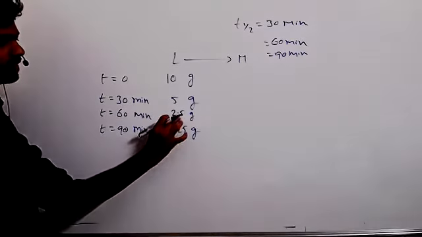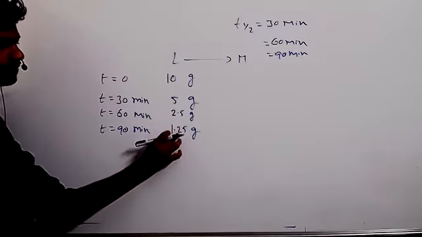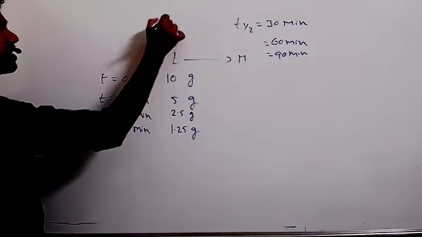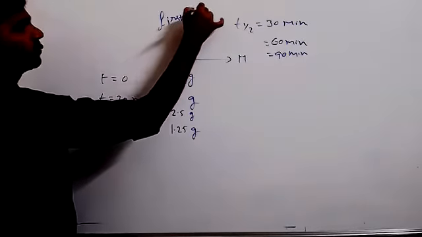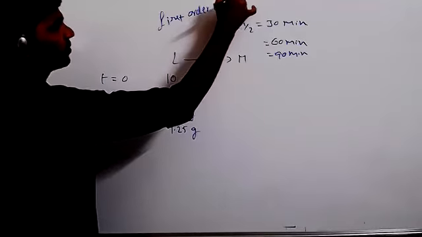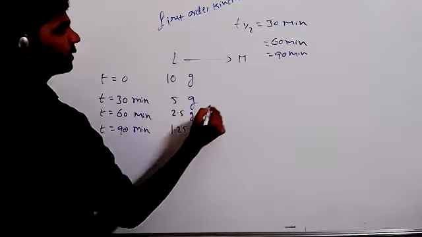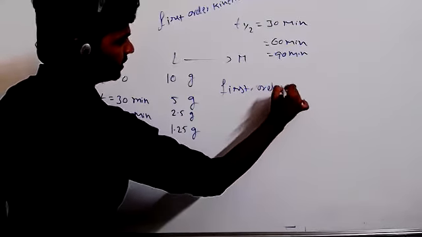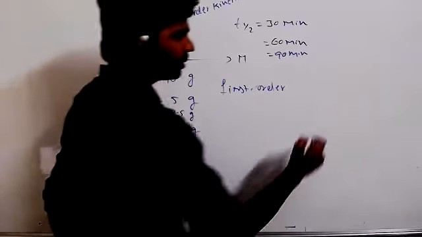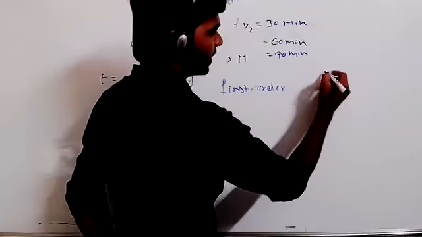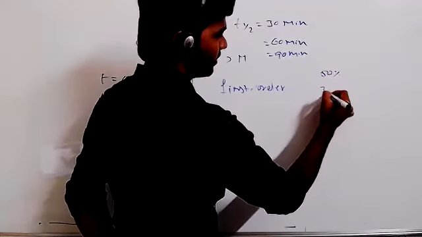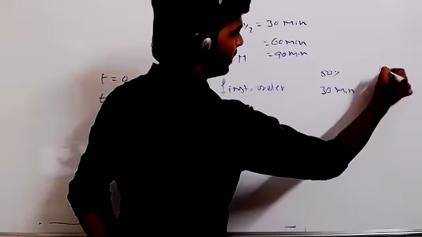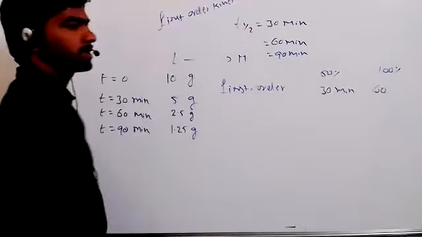So the concentration of reactant becomes half again, 2.5 by 2 is 1.25. So it follows first order kinetics. So now the order of reaction is first order. If it were zero order, to complete 50% of the reaction suppose it takes 30 minutes, then if you give 60 minutes, we can complete 100% of the reaction. That is zero order kinetics.